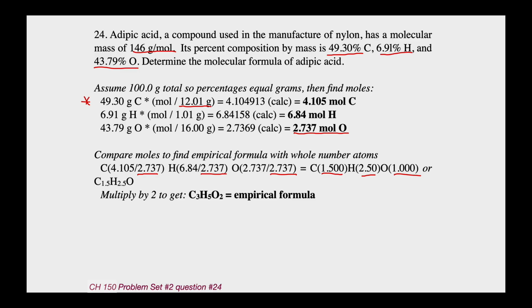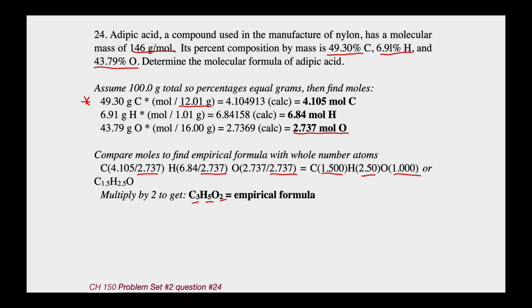Now, in chemistry, you have to have whole atoms. You can't have half of an atom, or 1.5, or 2.5 atoms. So that's close, but to get whole numbers, we want to multiply the whole thing by 2. So instead of having C1.5H2.5O, we're going to multiply everything by 2. 1.5 times 2 is 3. 2.5 times 2 is 5. And 1 times 2 is 2. So our empirical formula,